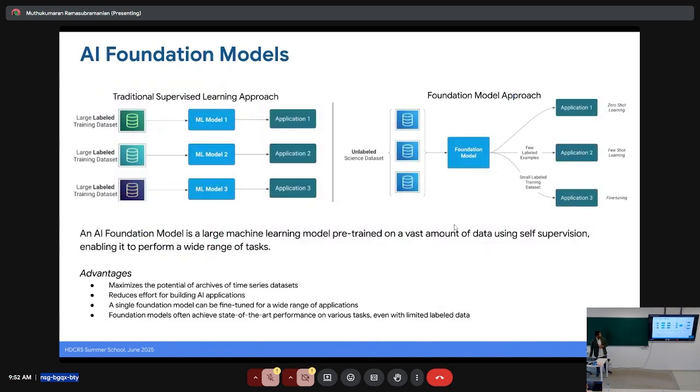So what they changed in the paradigm is this, right? Traditional supervised learning needed a large labeled training data set, which leads to one ML model, which leads to one application, and so on and so forth for each use case that we have. And that bottleneck, obviously, like we discussed, is on the labeled training data set side. And the foundation model approach,